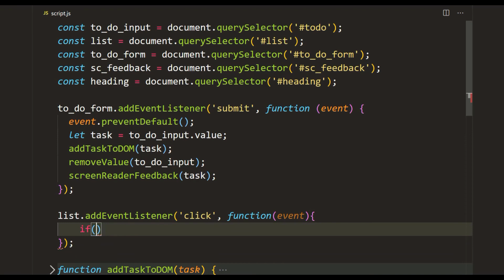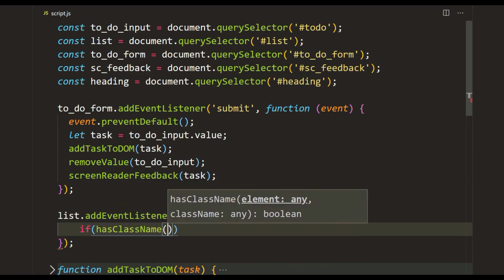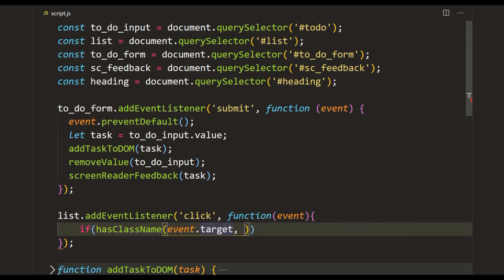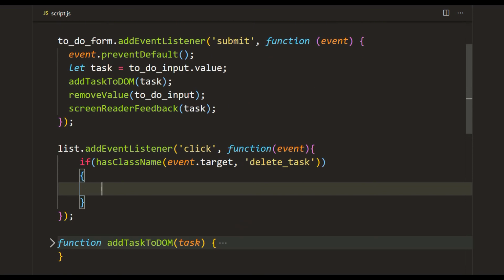Inside here we have to check if the user has clicked on the delete button. So if hasClassName event.target, event.target holds the element that has been clicked. In this case, we're checking if the element that has been clicked is the delete button. And remember, we're using the hasClassName function we defined earlier, and it has 2 arguments. The first is the element, and the second is the class name. The class name of our delete buttons is delete-task. So if that's true, then we want to